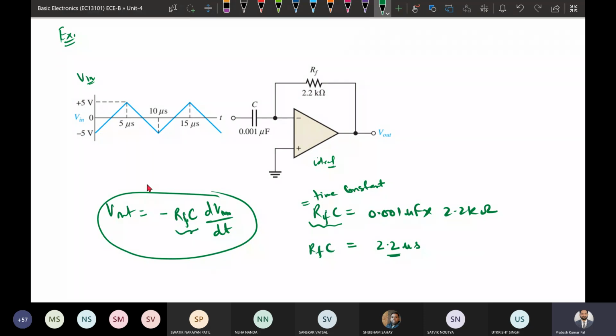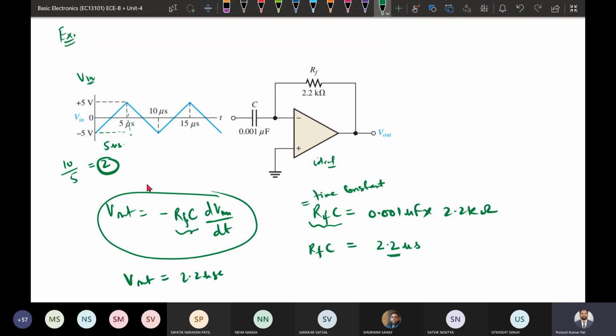This we have got, and now the slope of the input. The slope of the input multiplied by this gives the output. The time is 0 to 5 microsecond in total, and the change in magnitude is 5 minus minus 5, that is 10. 10 divided by 5 gives 2. So 2 is the slope. So V output that we will be getting is 2.2 microsecond